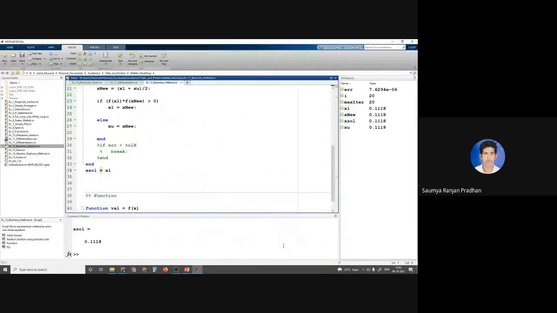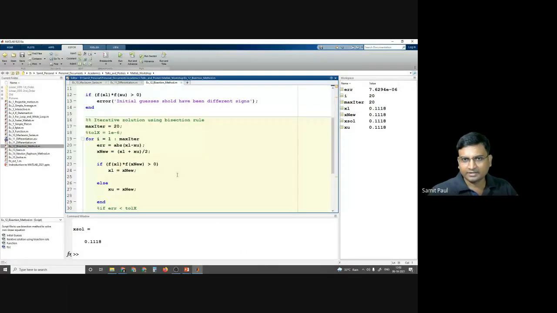Yes, sir. Good. Now, if we run it for, say, 30 iterations, we expect the error to decrease, right? Let us see. For 20 iterations, error was 10 to the power of minus 6. For 30, 10 to the power of minus 9. Say 100, 10 to the power of minus 17. 200, now it is not decreasing. What happened? We have done our iterations 10, 100 times more, still the error is not getting decreased.